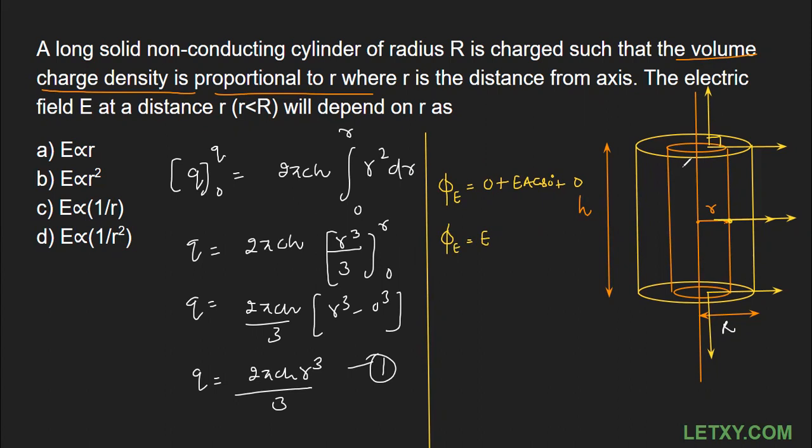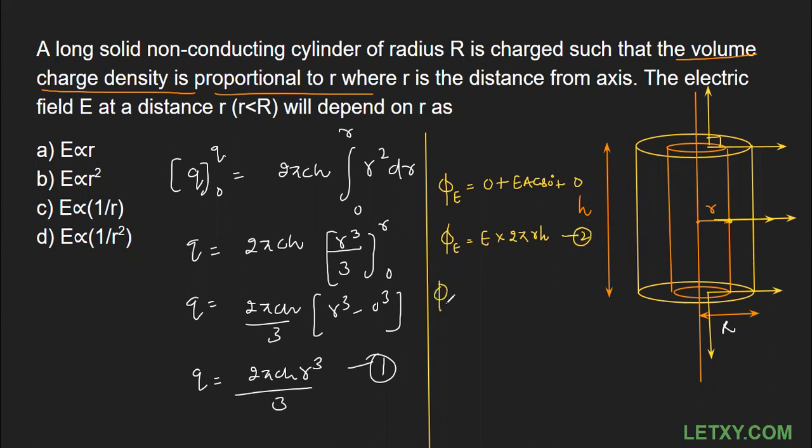So you need to understand that the area that we are going to use is the curved surface area of the Gaussian surface. And we all are aware that the curved surface area of a cylinder is 2 pi RH. So I'm going to write down 2 pi small r, since we are considering the Gaussian surface. That's why the small r, not the capital one, H, and cos 0 is already 1, so I'm not going to write it down. Now this is equation number 2.